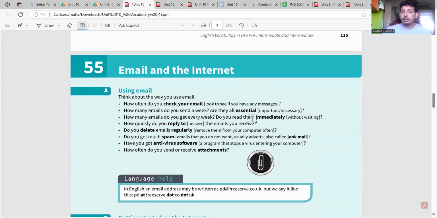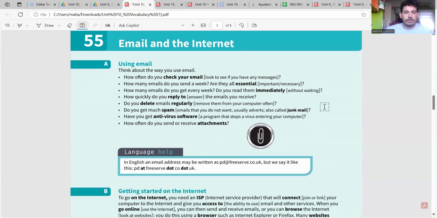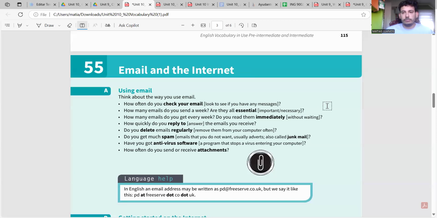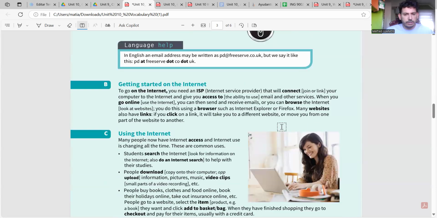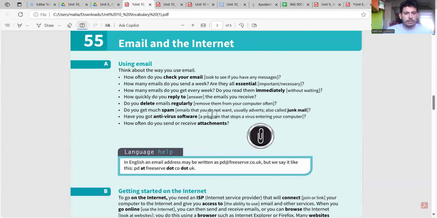Then we have emails and the internet. Remember that with internet, it's the internet. You will always use that before internet. So using an email, there are things that you have to know, and it's about the structure, right? But here it doesn't teach you about that. No, then it teaches you. Okay,